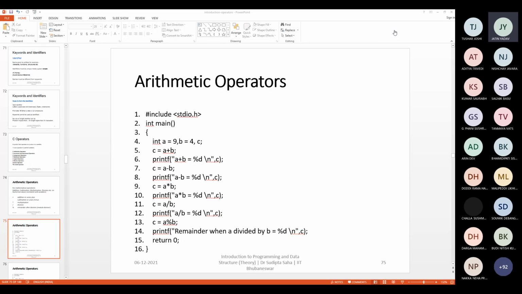Sir, as our quarantine is over, where will we see the marks of the last test and assignment? Marks will be available; I'll be sharing them on a Google Sheet. Regarding the quarantine period, I think there will be explicit instruction when your physical classes will start. My understanding is that from next week, the whole thing will start in physical mode. This week labs will be online. If no instruction comes from the Dean, it will go like this only. We'll have to wait for the Dean's instruction.